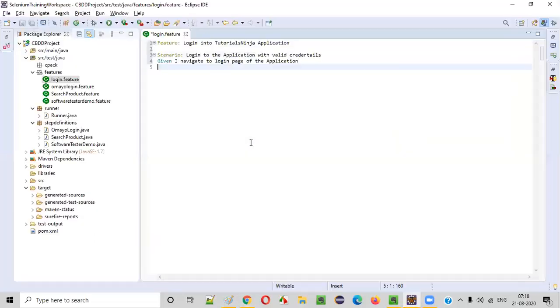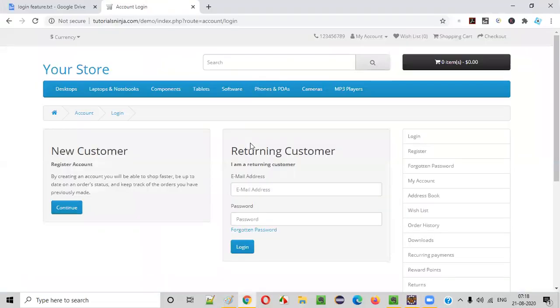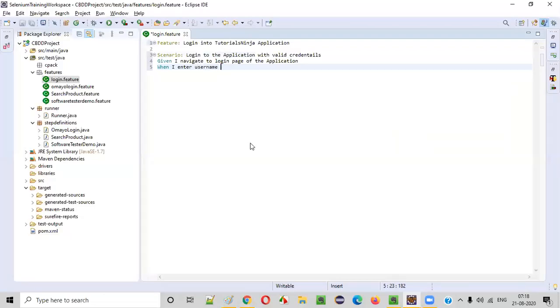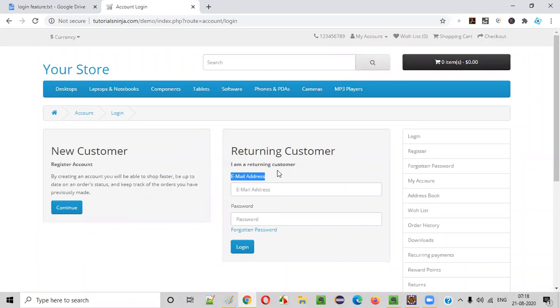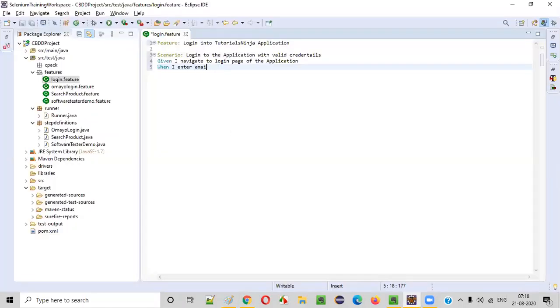Second step is When I enter email address as some email address, and password as some password into the fields.